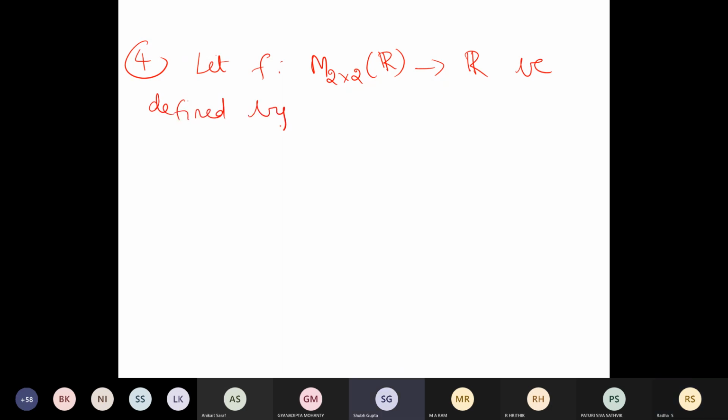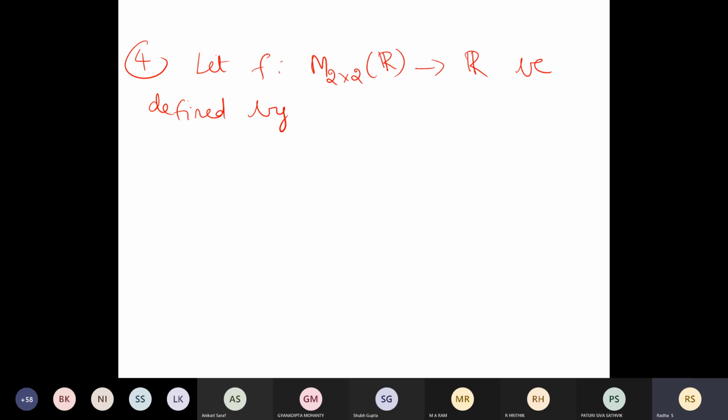Okay, next question. So this is a different question. See, let f from M2 cross 2 over R to R be defined by. What is M2 cross 2 over R? All 2 by 2 matrices with entries from the real numbers. Okay, so be defined by